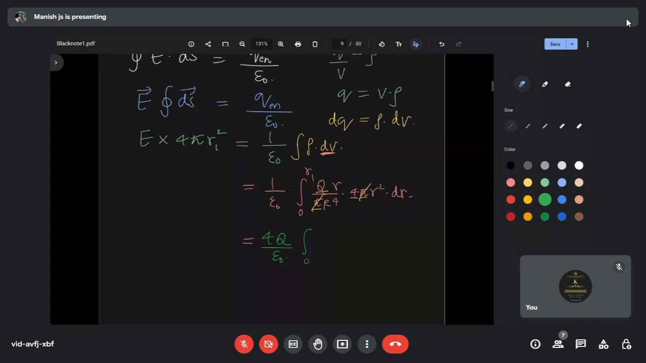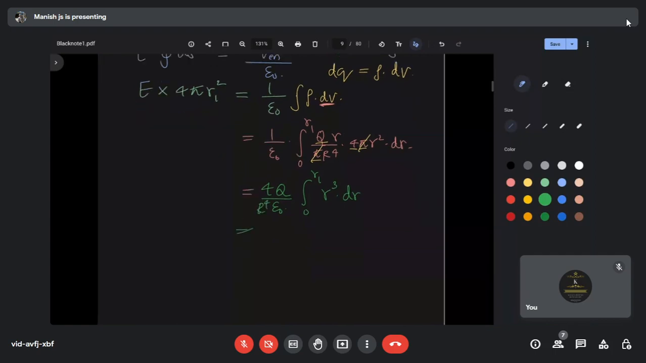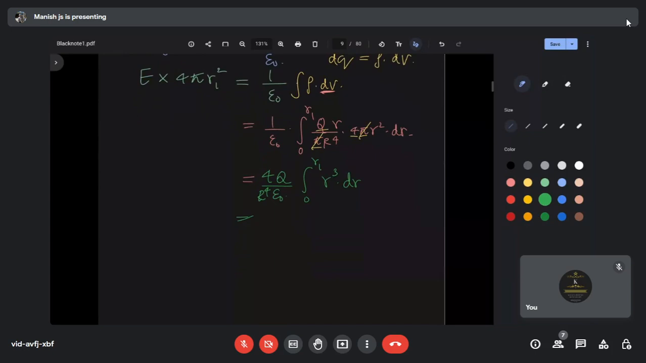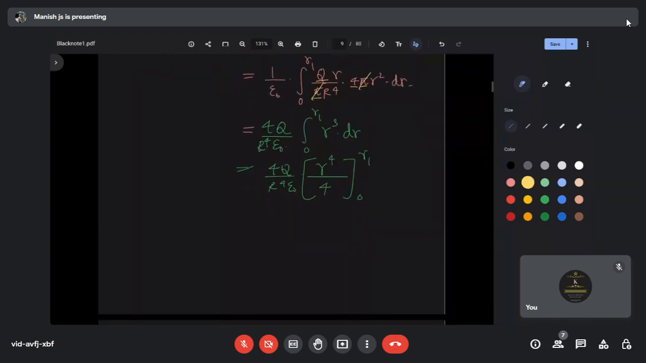And we will get integration of 0 to r1, r into r square dr, that is r cube dr. We can take r power 4 outside. Yes sir, sorry. Okay. Integration of r cube dr is r power 4. So x to the power of n plus 1 divided by n plus 1, we use that formula. So r power 4 upon 4, within brackets 0 to r1. Apply the limits. Upper limit minus lower limit. Lower limit, when it is 0 by something, is 0. So therefore